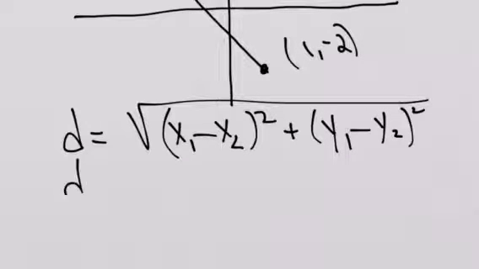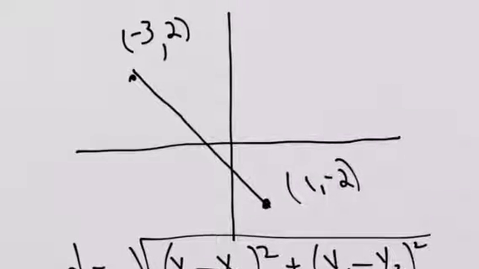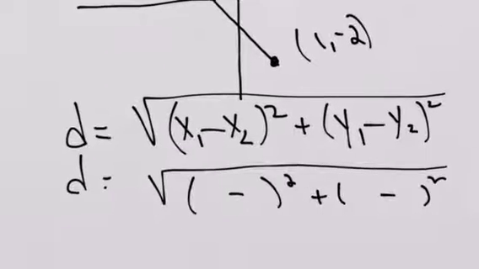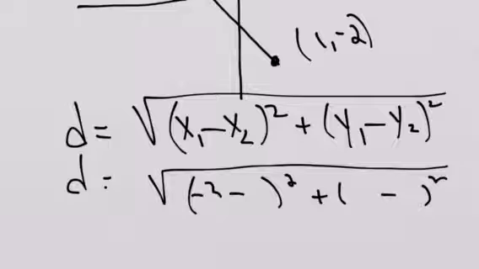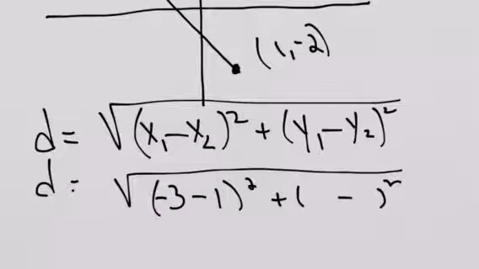So let's go back and take a look at our x's and our y's. Our x's are -3 and 1, so I will simply subtract -3 minus 1. So -3 minus 1. Our y's, 2 minus -2. Okay, now